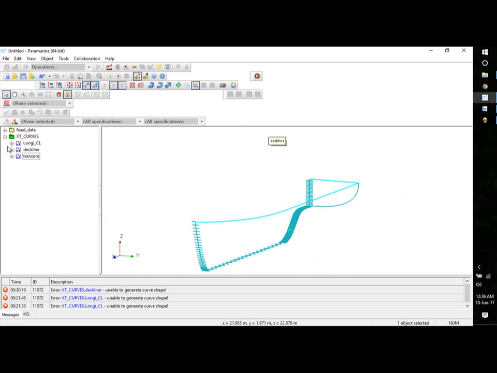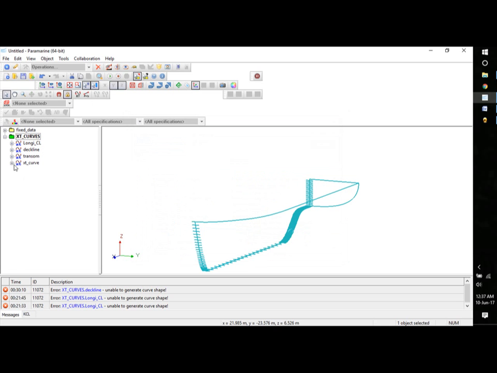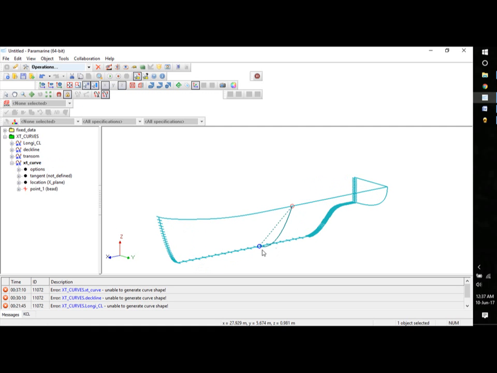Now I have a section at 25. So for that, again, I'll insert an XT curve from hull generation. Take an XT curve, and the location of this is, again, since it's a section, it's on the X-plane. No tangency defined. So the points, you can take the log option, and then this shows a bead. So approximately at 25, place that, and come to